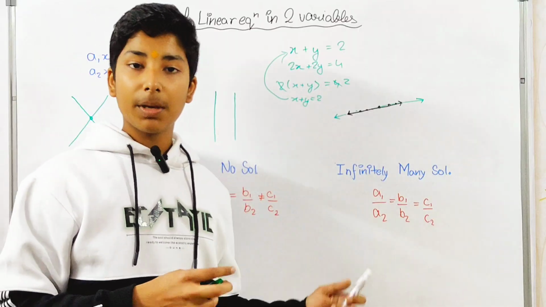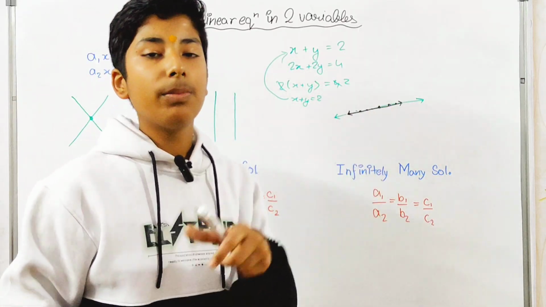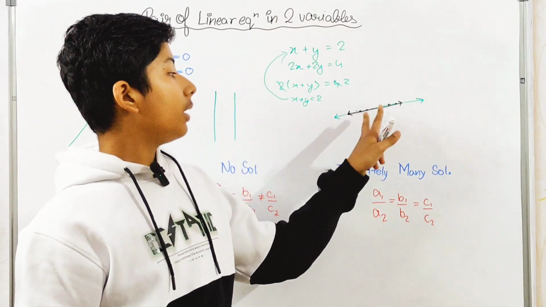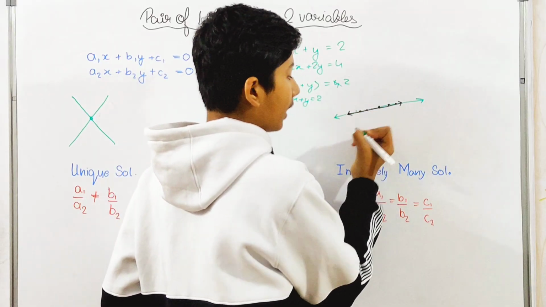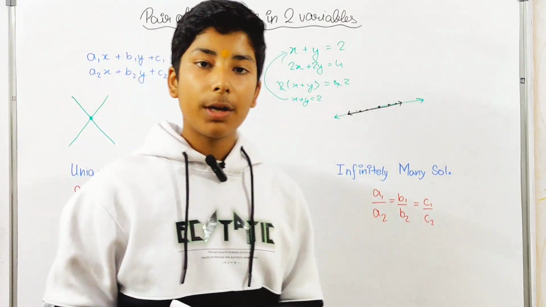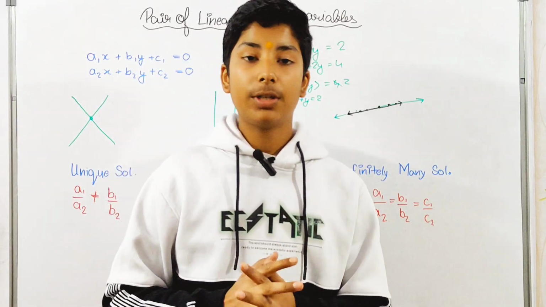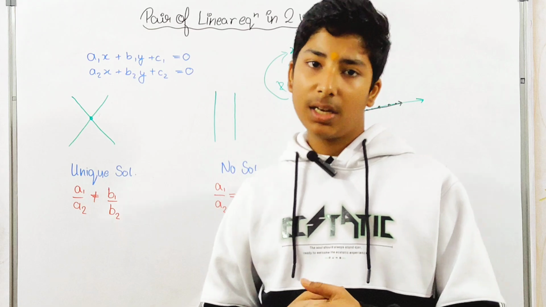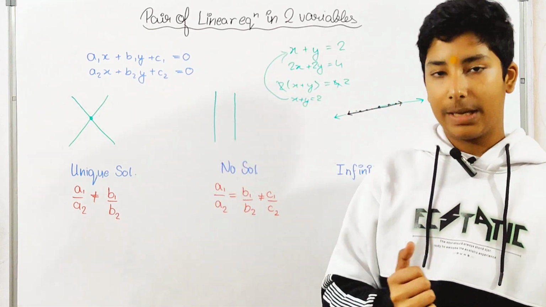If they are the same equation, then we can say that the lines will be coincident. Only then can you say that all the points on these two lines are common. So if I mark a point here also, the point is common. It means the lines are coincident and the situation is infinitely many solutions. Now we will continue with how we will find out the values of x and y.